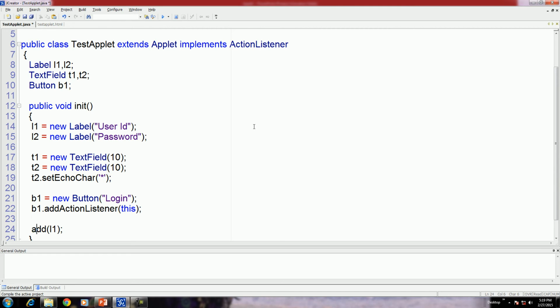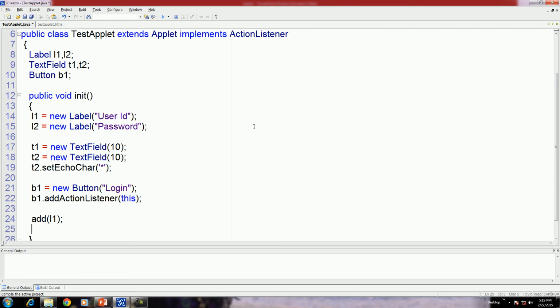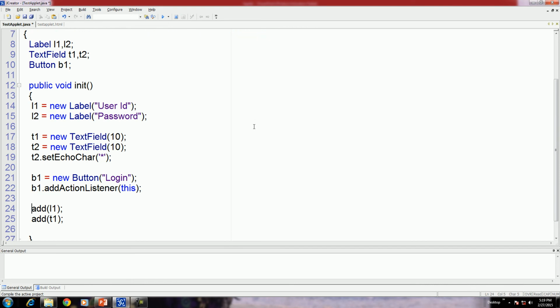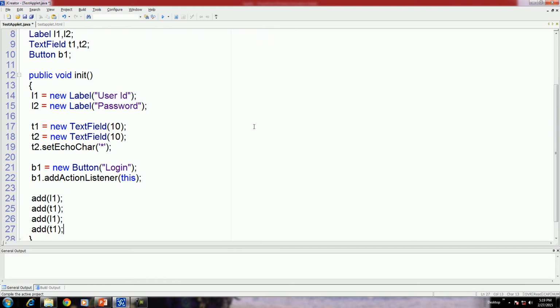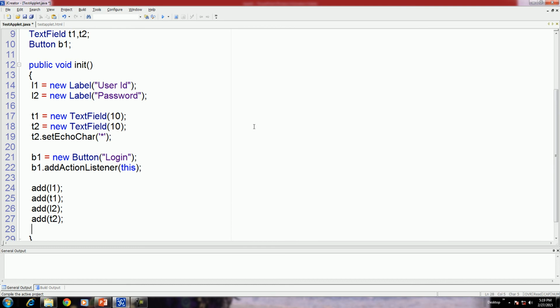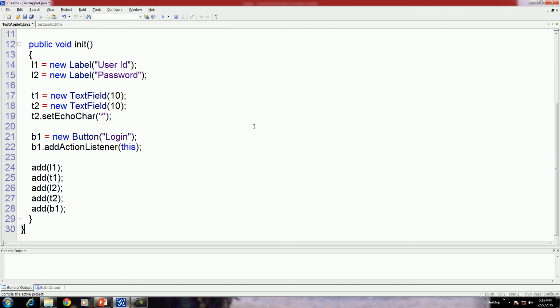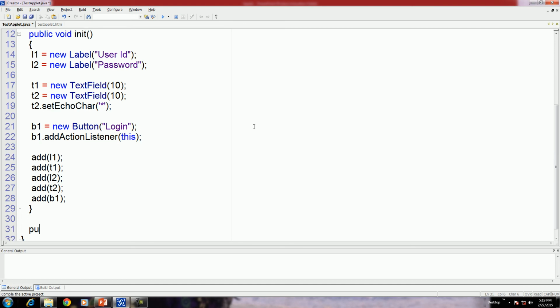Okay, now add label 1. After that, text field 1, followed by label 2, text field 2, and the button. Let us give the event to the button.